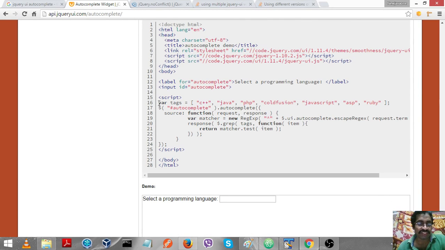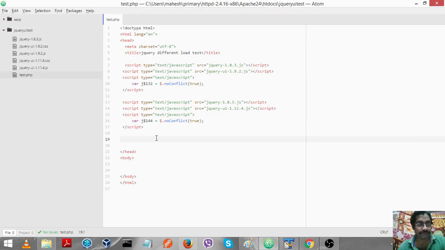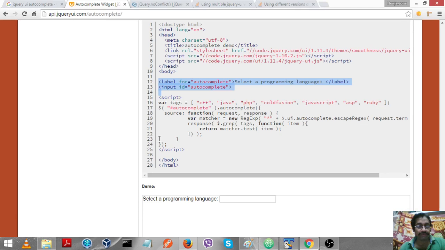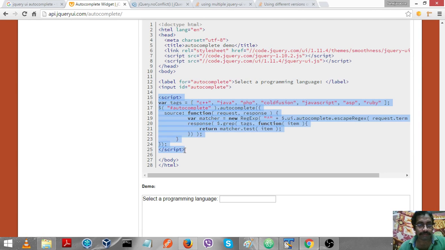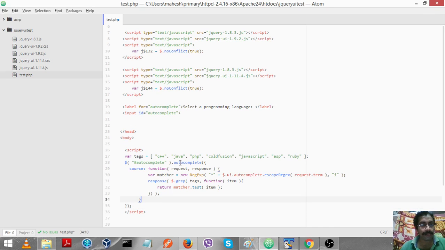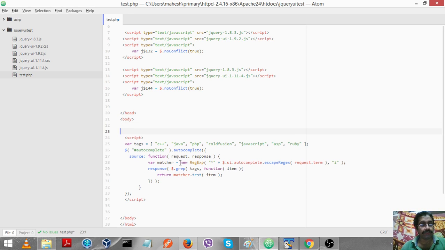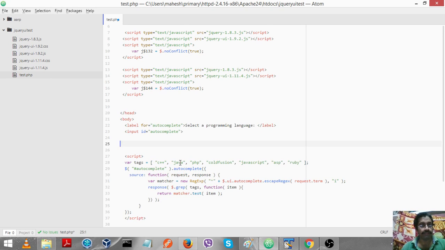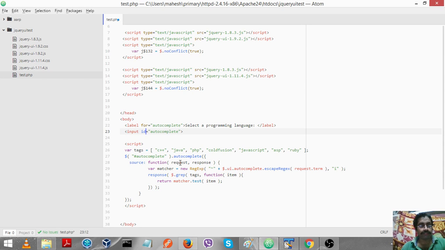Yeah, so here we are. So let's grab this, then let's grab the script. It should go inside body, and this also should go inside body. Now let's rename this to autocomplete 1,